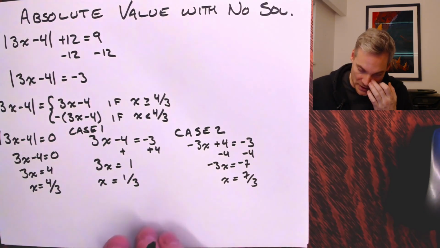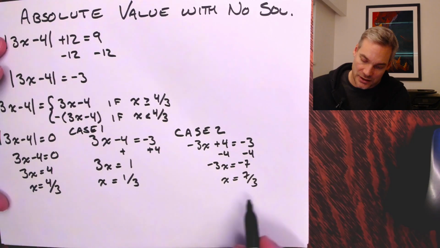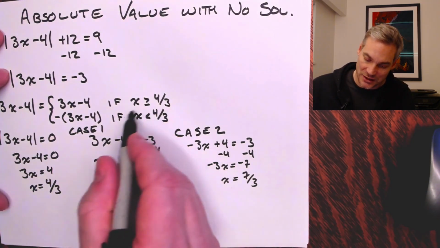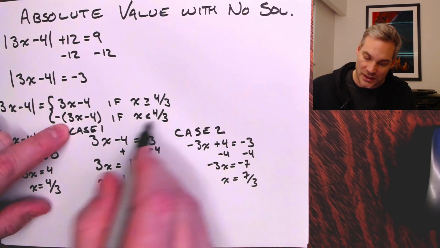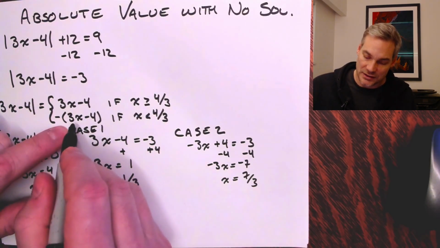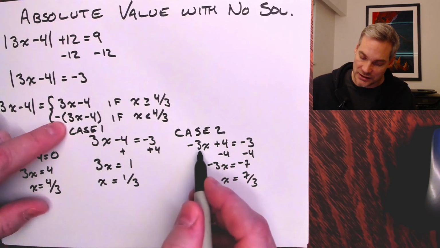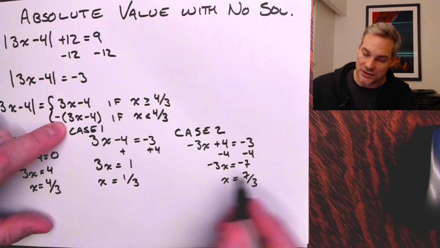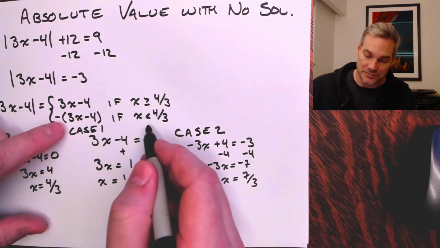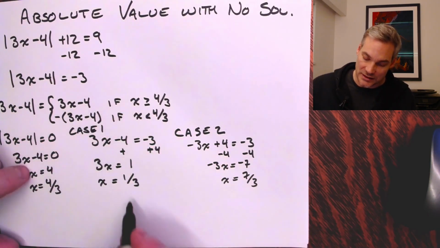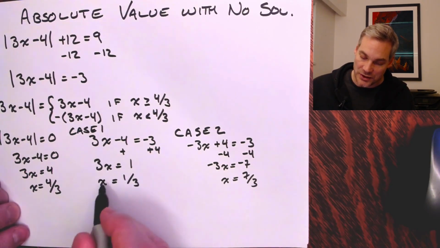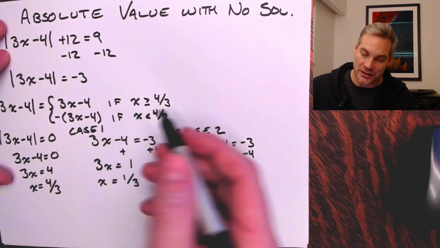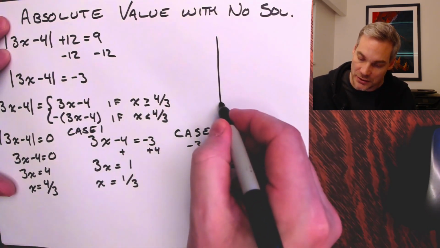So what does that mean? Well, it's telling me that x is 7/3, which is bigger than the condition that I have set for this, so when we use case 2, the number that gave us the solution wasn't inside the domain of this piece. And the same happens here. x is 1/3, and that's less than 4/3, and we need x greater than. So if we just graph this really quick,